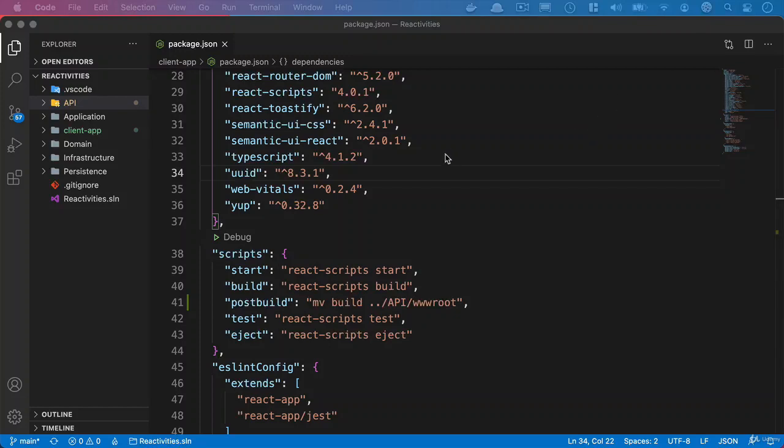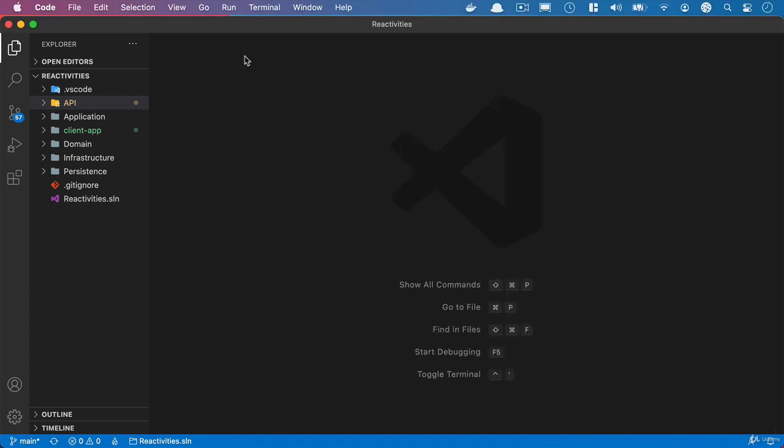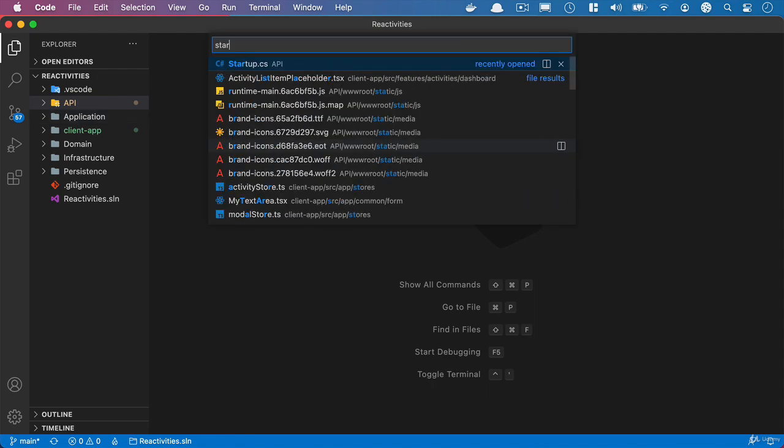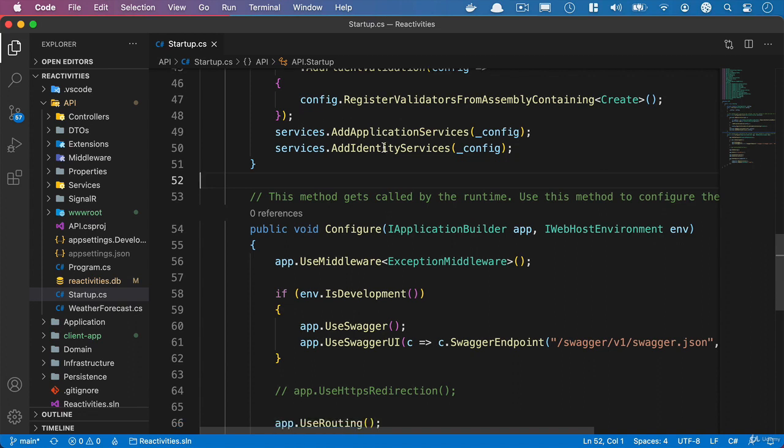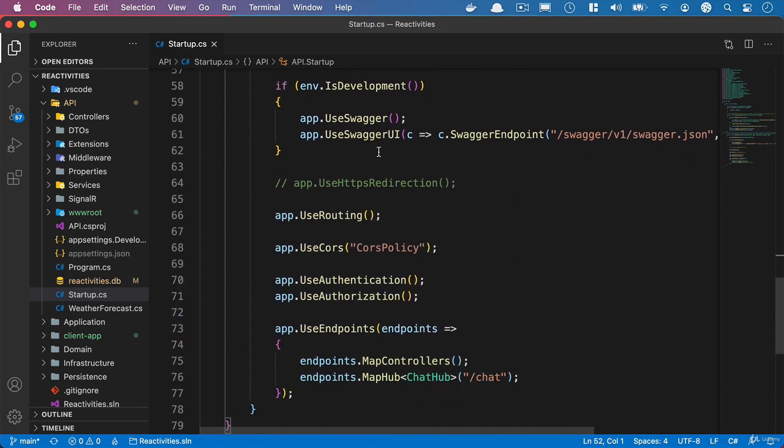Okay, what we're going to do now is take a look at how we can run our client application on our API server, which means it's going to be served via our API. So what we'll do is we need to go to our API startup class. And what we're going to do inside here is add the configuration so that we can serve static files from